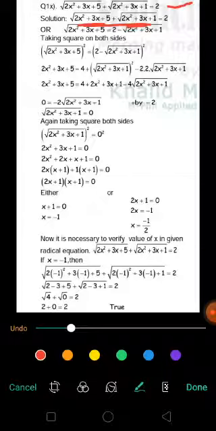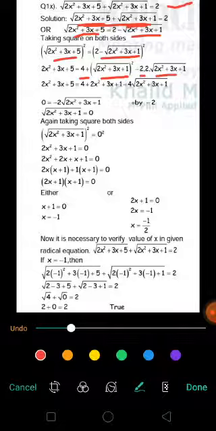So in order to not have that term, we have to make some arrangements. What kind of arrangements are these? We will leave one radical on the left hand side, and then we will move the other radical to the right hand side of the equation. Now squaring both sides would not make the equation very difficult or complicated. Squaring both sides would finish the square root of this term, and the right side would become a square plus b square minus 2ab, so 4 plus 2x square plus 3x plus 1 minus 4 into under root 2x square plus 3x plus 1.